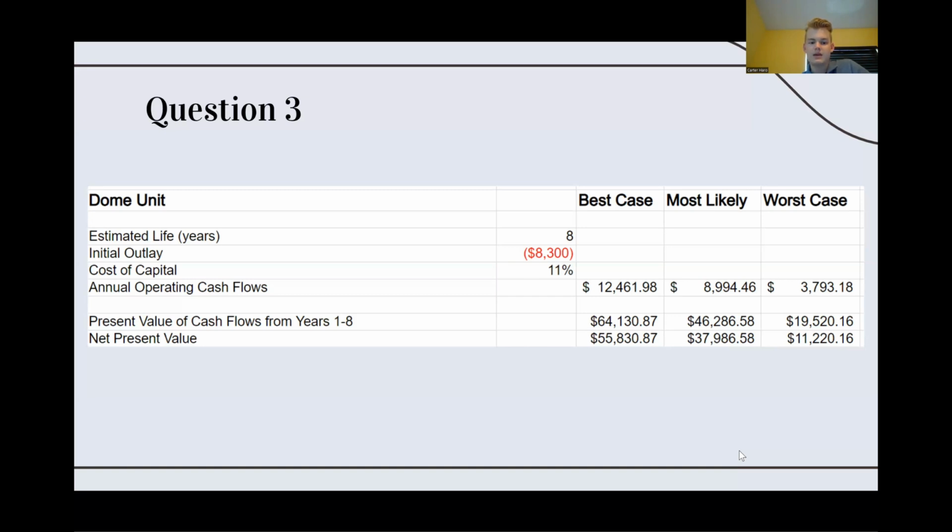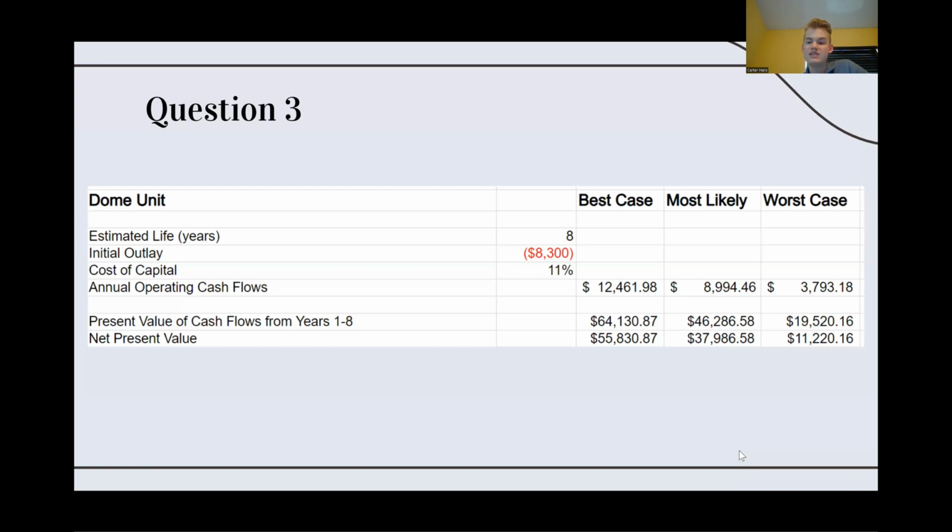For the best case, we get 64,130 and 87 cents. For the most likely, we get 46,286 and 58 cents. And for the worst case, we get 19,520 and 16 cents. We are able to calculate the net present value by subtracting the 8,300 from that to get